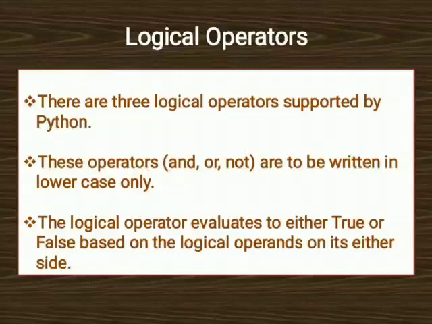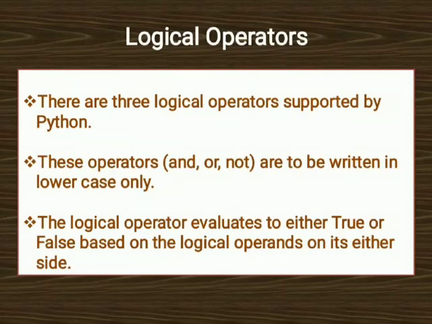Do we remember the relational operators and what was the purpose? Example I will give you. Suppose we have two numbers and we have to check which number is bigger, A or B. So what expression will we write? A is greater than B. We will use the greater than symbol in between A and B. They were used to give true or false, that is a Boolean value. They used to check the condition. If the condition is true, they will return true, otherwise they will return false.